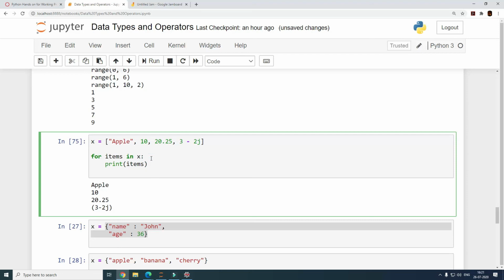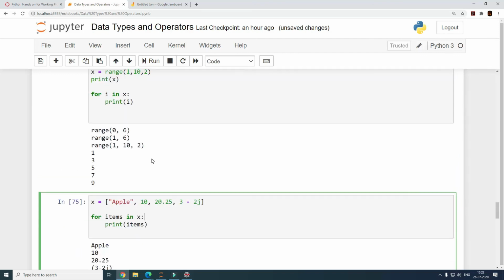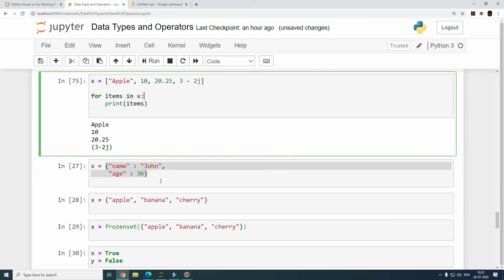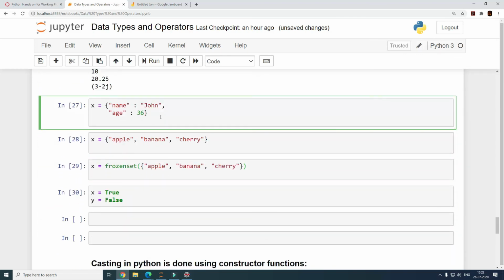So to answer your question, yes, you can feed a for loop with any iterable data type, but then you cannot use a range for that, right? A range always works with numbers, to answer your question. Okay, all right. So moving on,